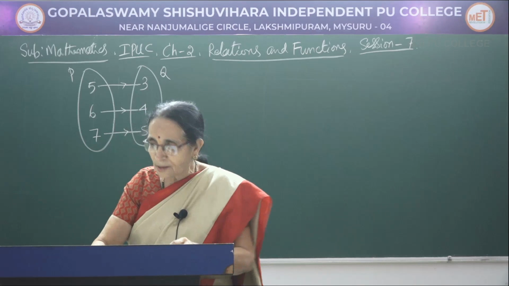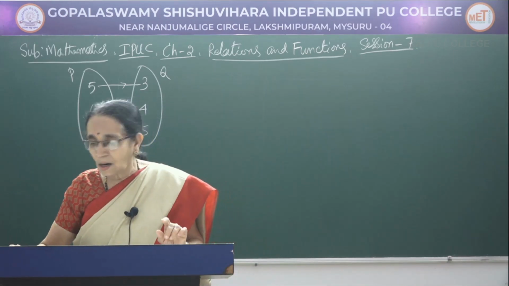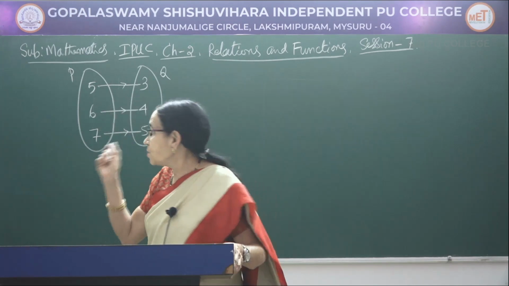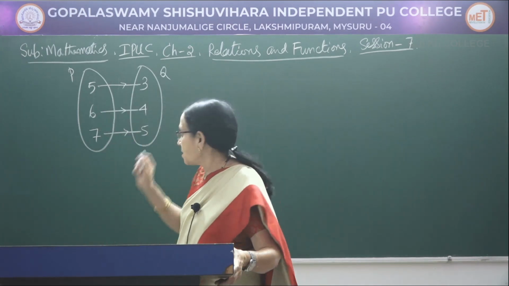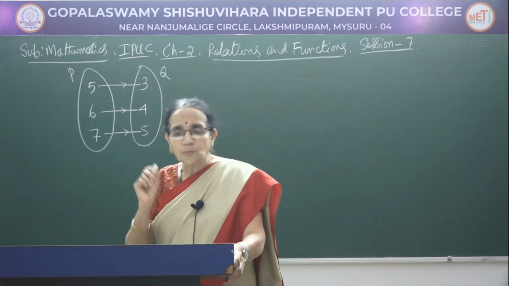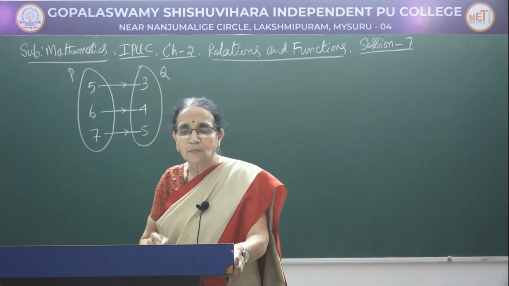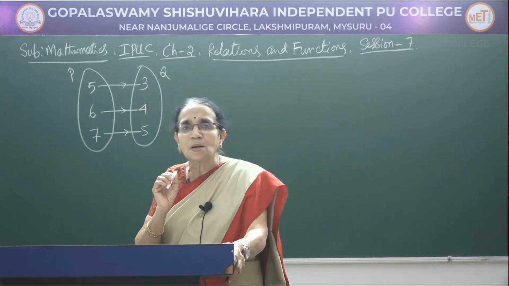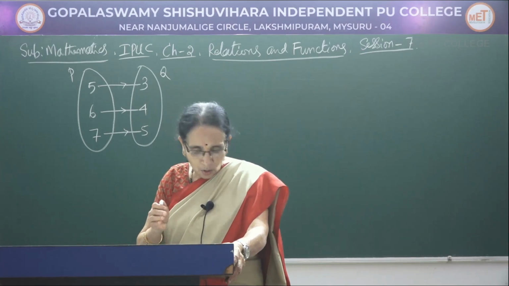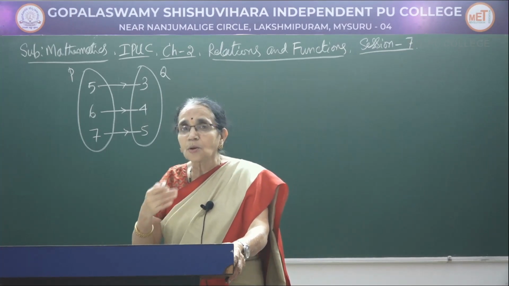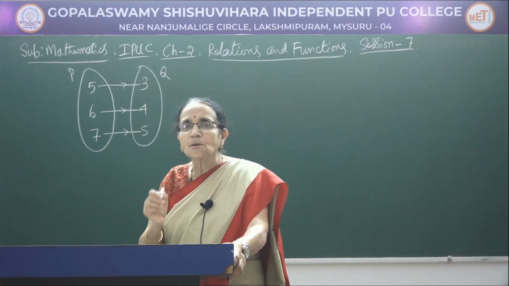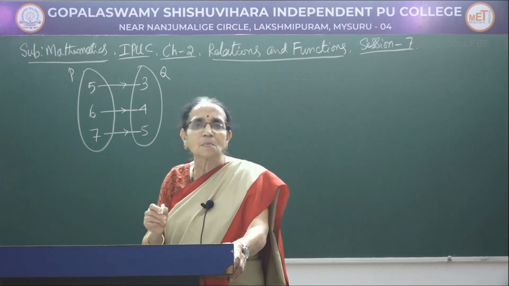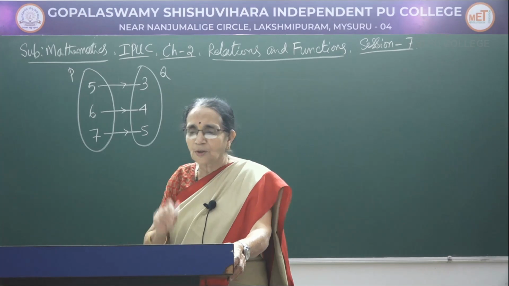Now, in today's session, I have given you an arrow diagram. Looking at this arrow diagram, you are supposed to find out certain things. First one is, you have to write the relation in the set builder form. That is, using the rule method, how you can write the relation. In other words, you are defining the relation. Writing the relation in the set builder form is nothing but the definition of the relation, first thing.